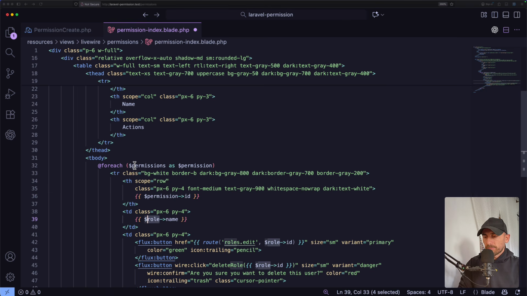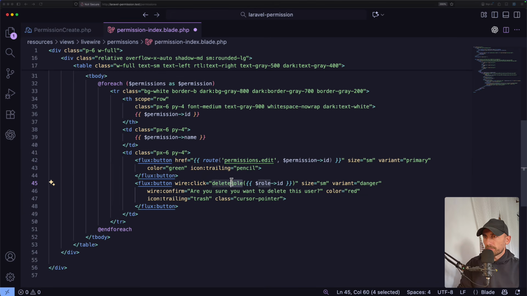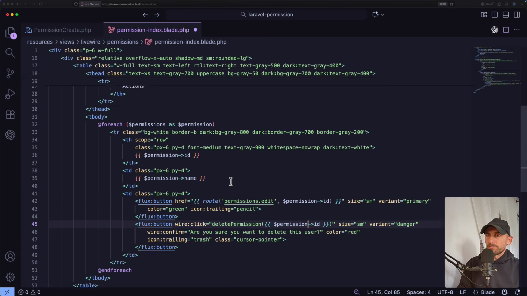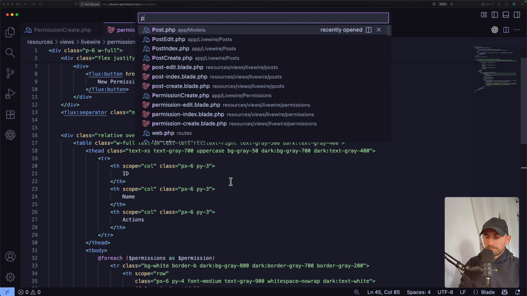Also here, permission, and then not roles edit but permissions edit. Permission ID. Here delete permission and pass in the permission ID. I think we are good. Save. So let's open the permission